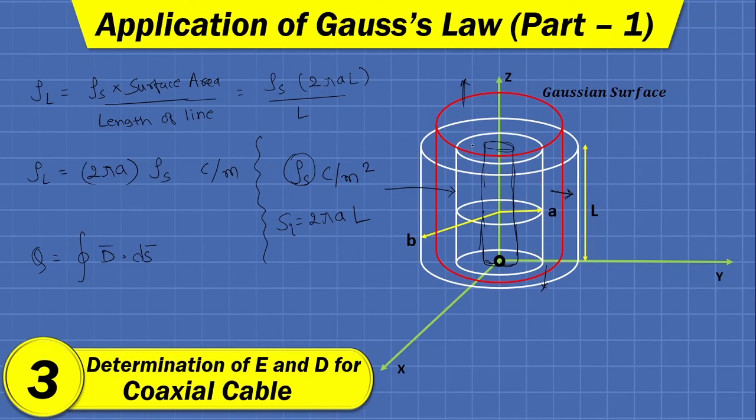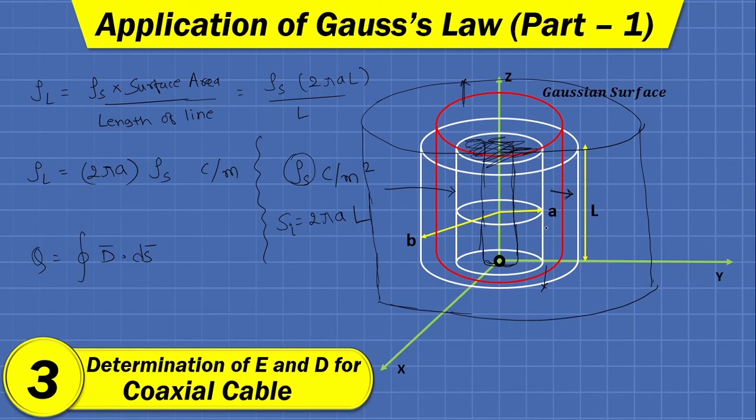Fine. So for the inner portion, no electric flux or flux density will be there. Same way for the outer portion, say if we are assuming a Gaussian surface like this, then for this surface the total charge enclosed: you can see if for the inner cylinder there is a value of charge density as rho s, then the outer cylinder will induce the same amount of charge with opposite polarity. Fine, and we can conclude that from Coulomb's law.